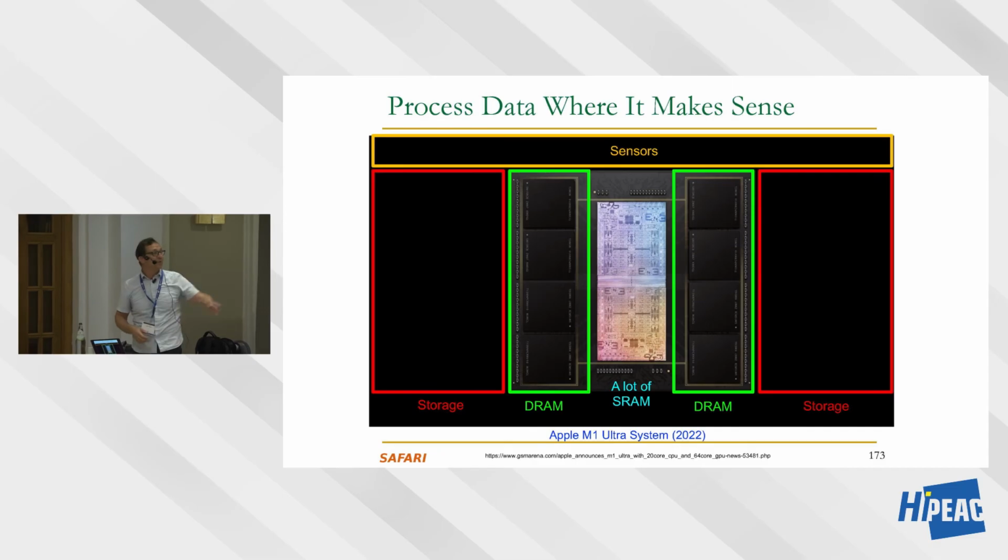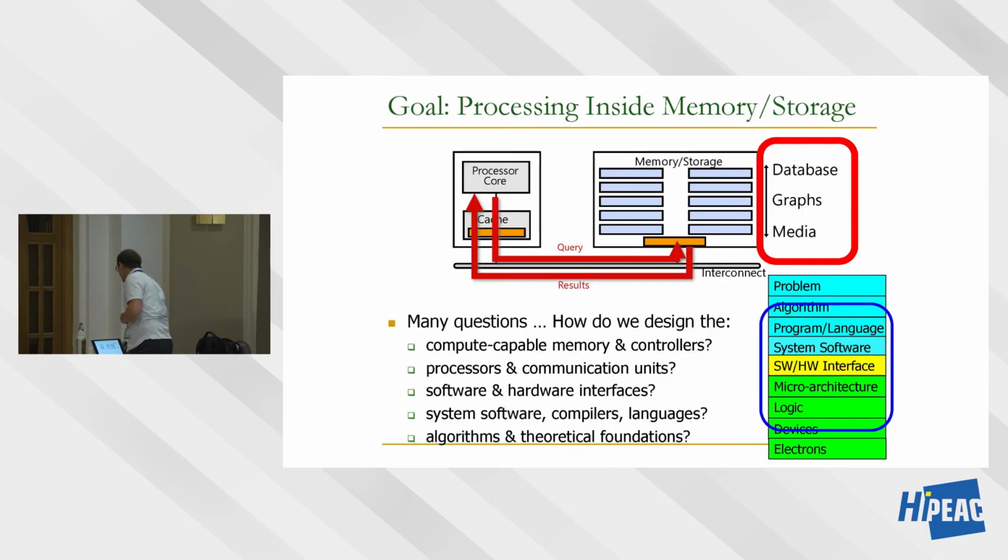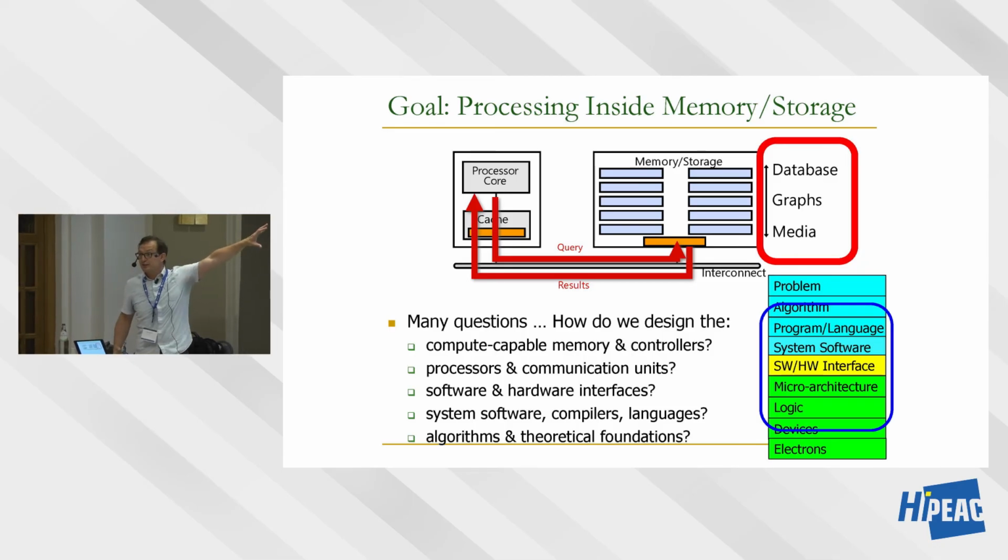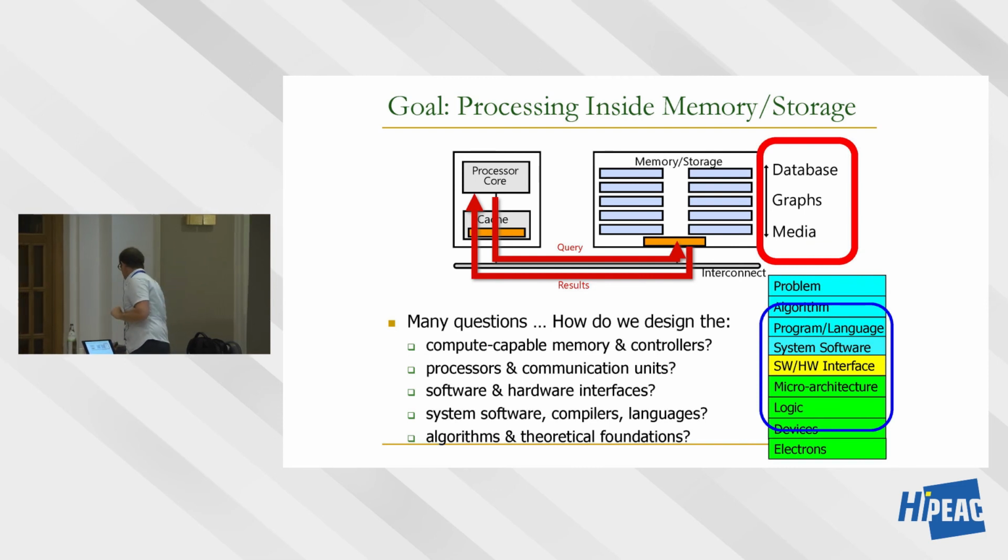So this is an example. Why don't we actually do processing everywhere over here? Why do we limit ourselves to this SRAM-dominated chip? Okay, so we're going to talk a lot about processing inside memory and storage, but just to foreshadow things, today many applications are actually stored in memory. They're in-memory databases, in-memory graph processing, in-memory machine learning frameworks. And we want to actually offload some computation so that large amounts of data can be processed easily on the memory side. The processor says, can you execute this function for me, DRAM? And the DRAM says, yes, here are the results.